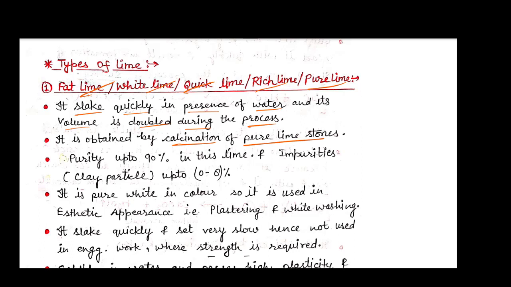Its purity level is up to 90% and impurity is up to 0 to 8%. Here the impurities are in the form of clay particles. It is pure white in color, so it can be used for aesthetic appearance, where you want a good view for your building; you use the pure lime or fat lime. The main areas of usage are plastering and whitewashing. Before putting color on the wall, we do the whitewashing, which is done with fat